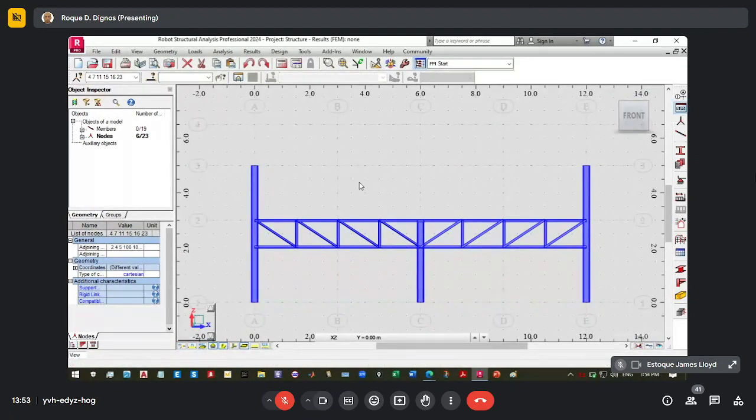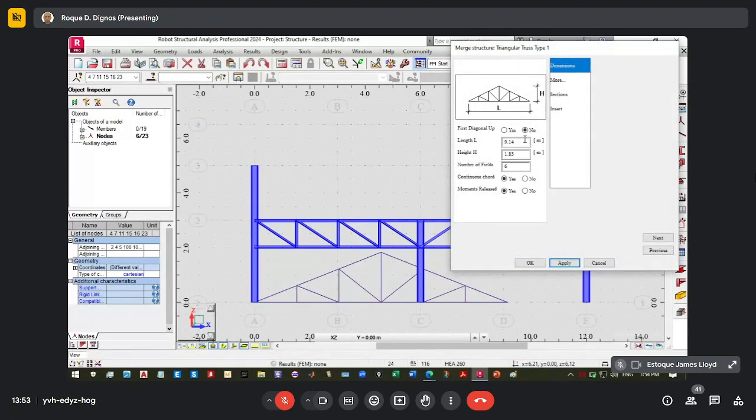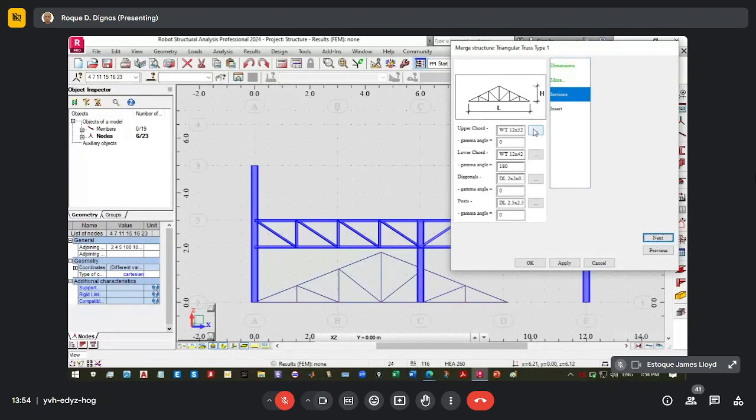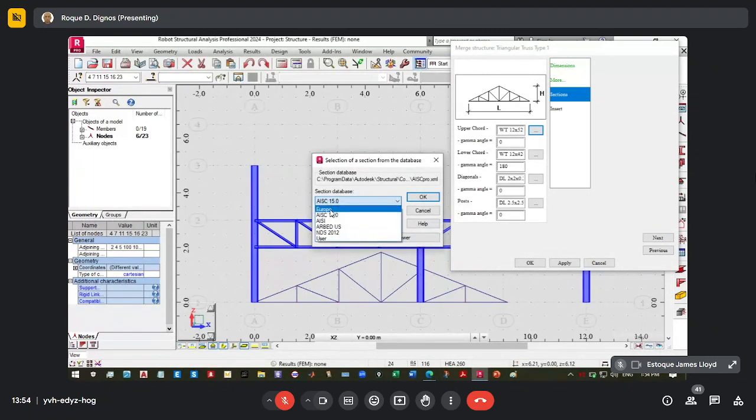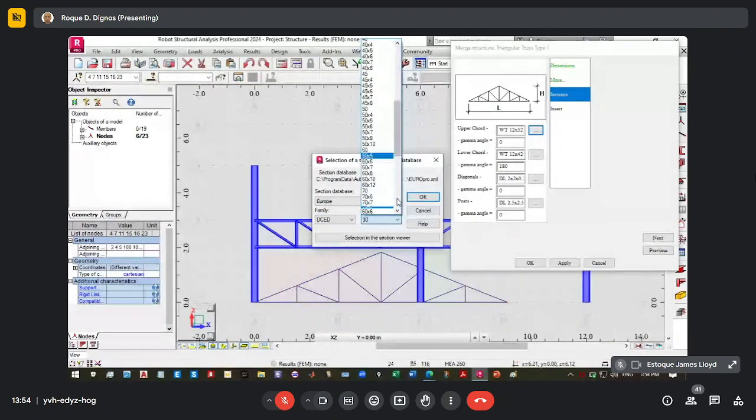And again, we add this roof truss, and the length is 12, and the height is 1.5, and the total panel length is 8. And next. So you have here again DCD 90 by 10.